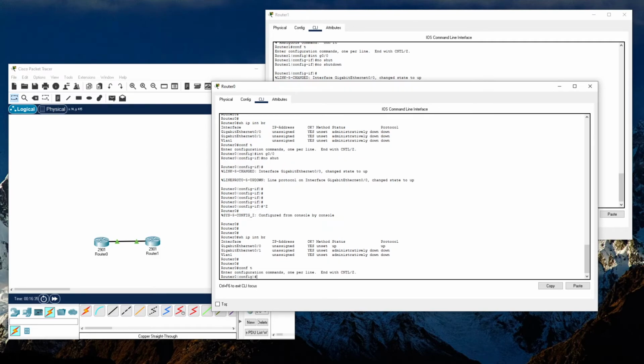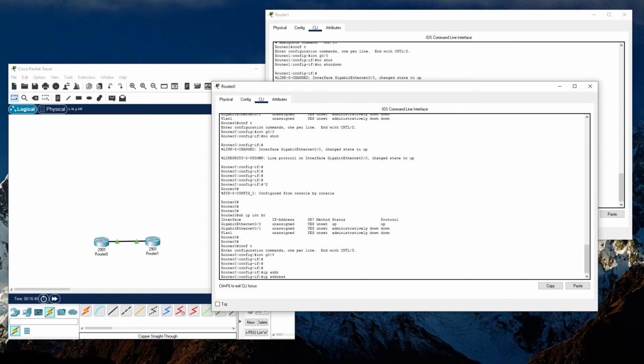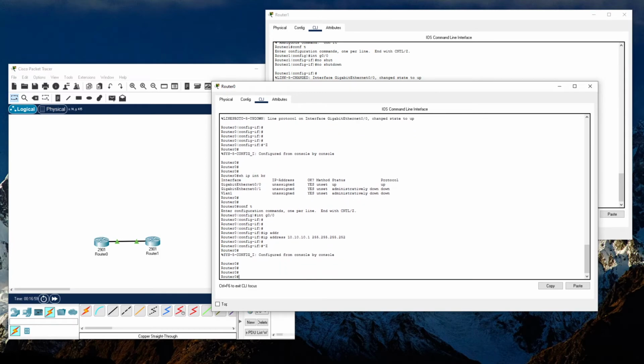Just to show you real quick the way that you give an IP address to an interface. ip address is how you configure an IP address on an interface. Let's give it 10.10.10.1 on this side. We'll give it a /30 mask. Look at some of my subnet videos where we get into masks and subnets and things. I'll probably elaborate on it a bit more later. But anyway, at this point,